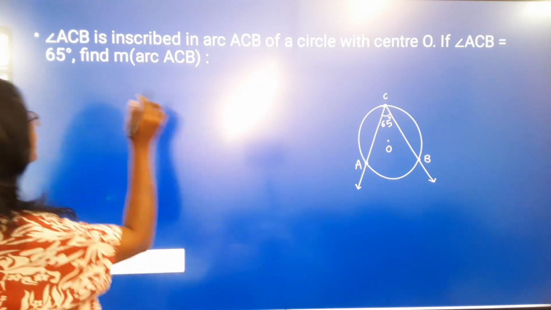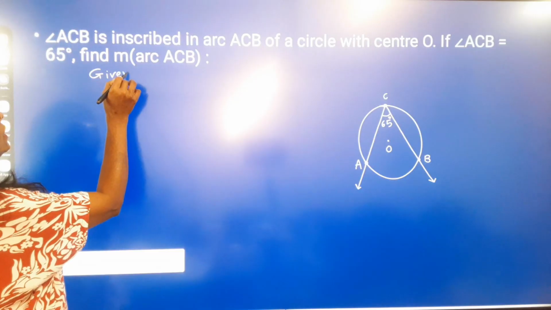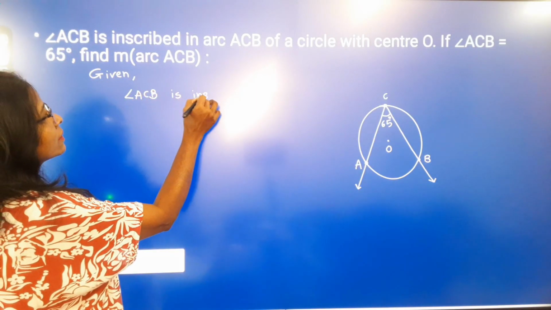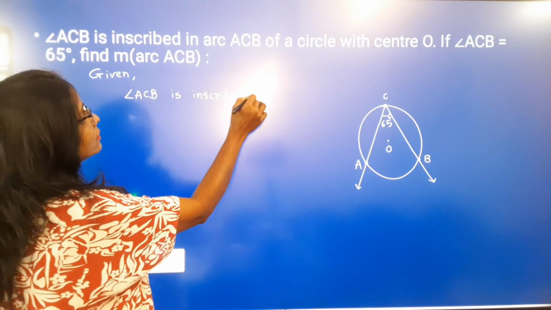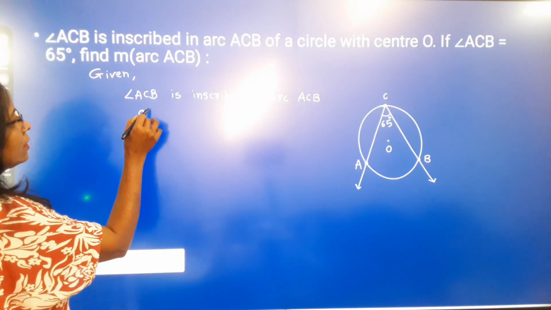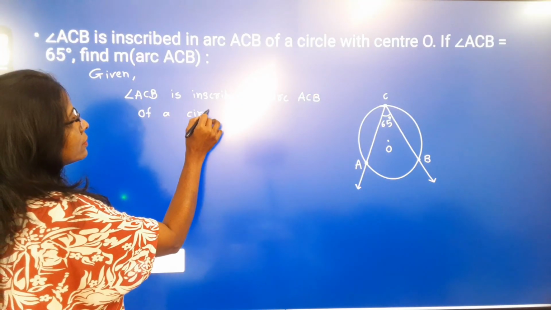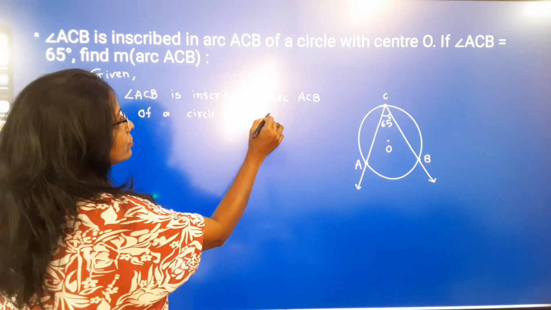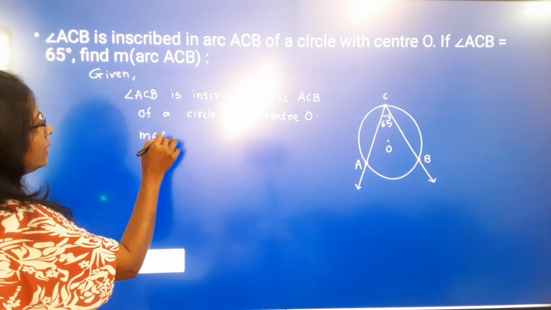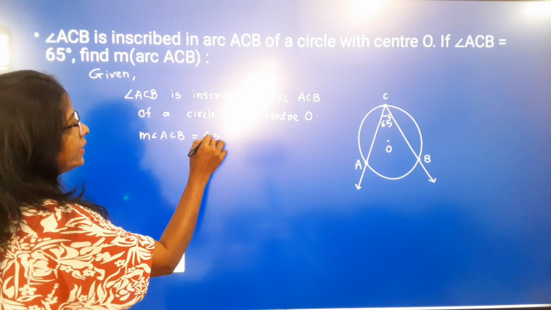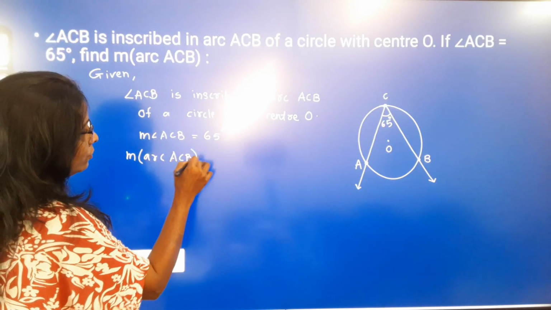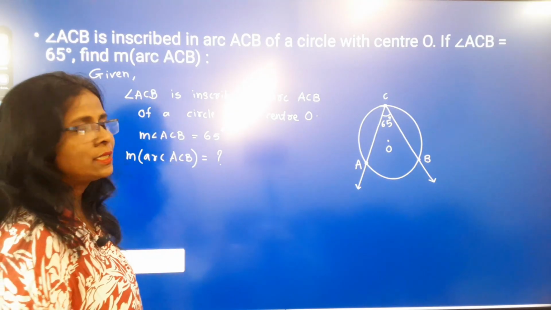So now here students first write the given, that given is angle ACB is inscribed in arc ACB of a circle with center O. Then angle ACB is equal to 65 degree and we have to calculate major arc ACB. Okay students. Then the formula is that